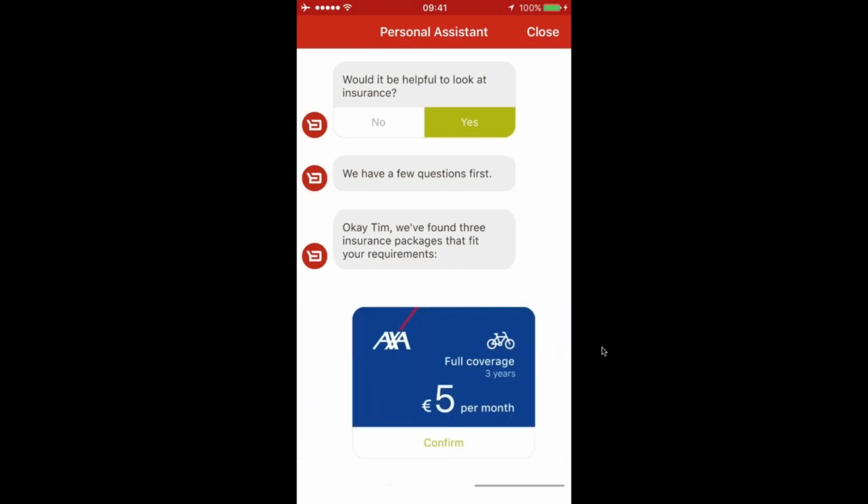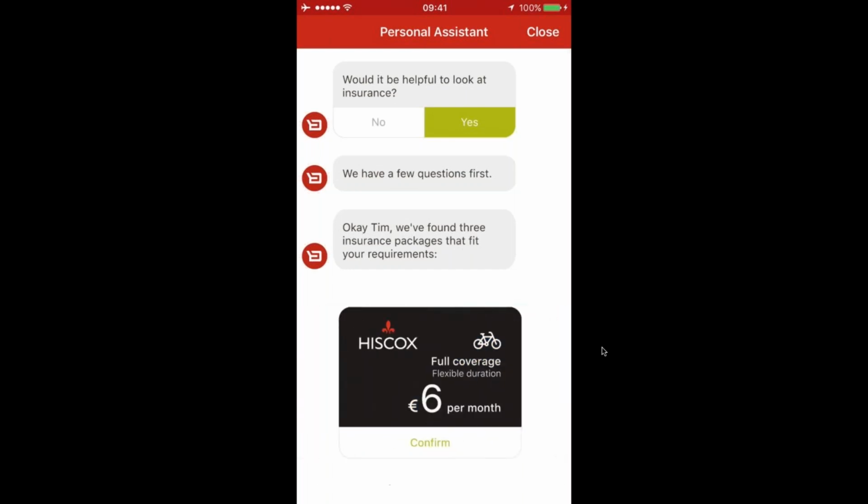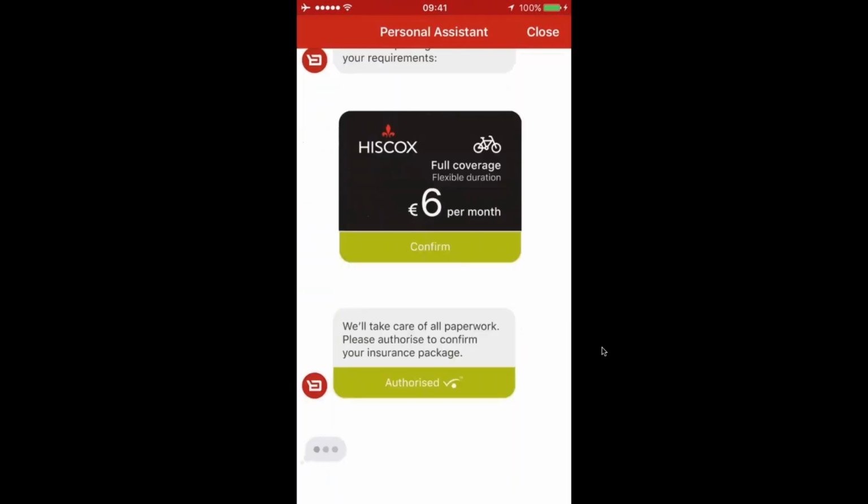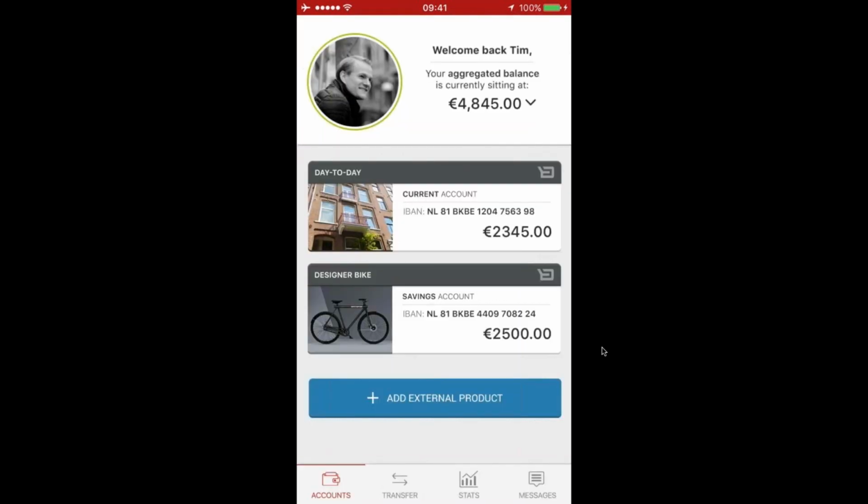Yeah, different UX. So in this case, I get a few options. Again, smart options, meaning it's taken into account my customer details, and I now simply authorize through my iPrint. Having done that, we are now fully set up with an insurance product. I think this is a very classical example of an upsell, a little bit of AI in there that at least makes the trigger based on events coming from activities that are triggered in the back office.